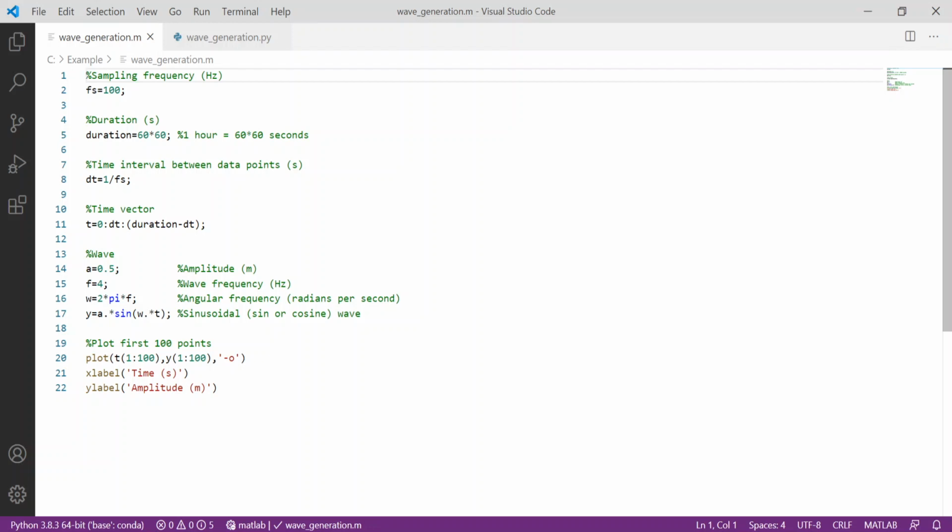Hi, today I'm going to talk about how to generate a simple sine or cosine wave data if we need to generate a wave data set for any reason. I'll show you how to do that. First, I'm going to show you the MATLAB syntax, and then I will show you how to do it in